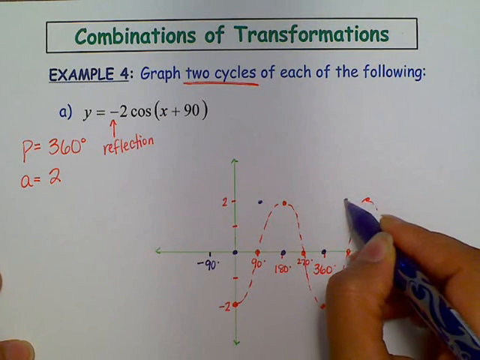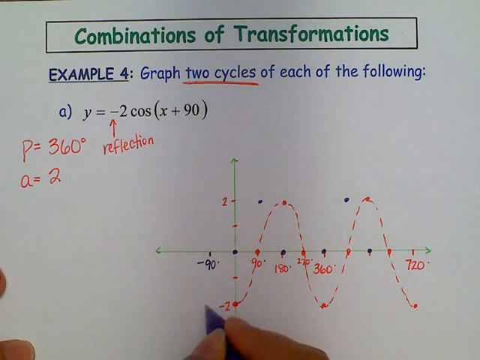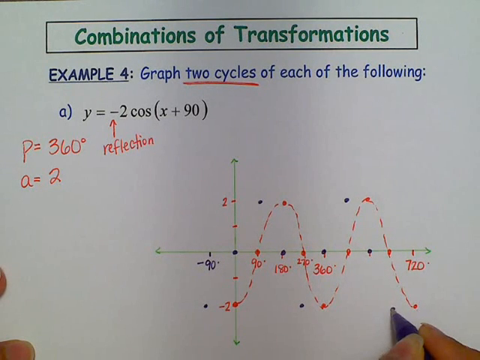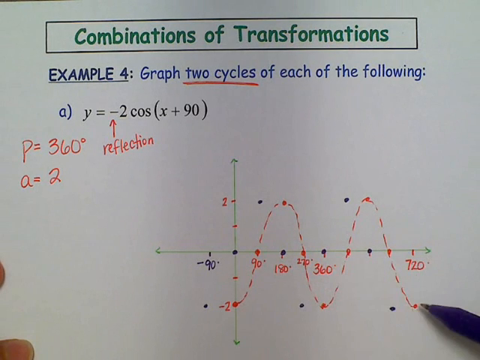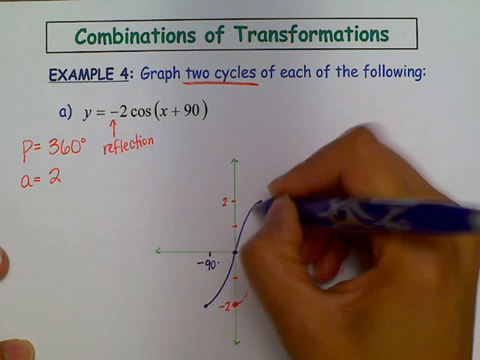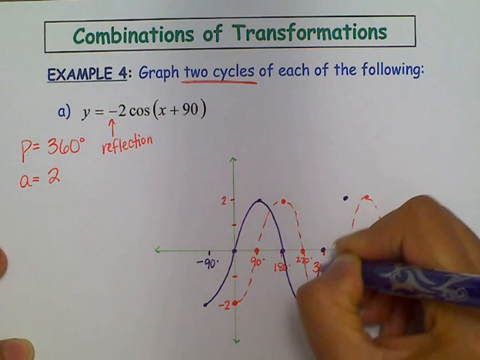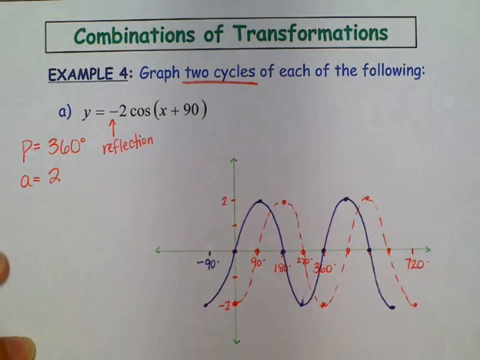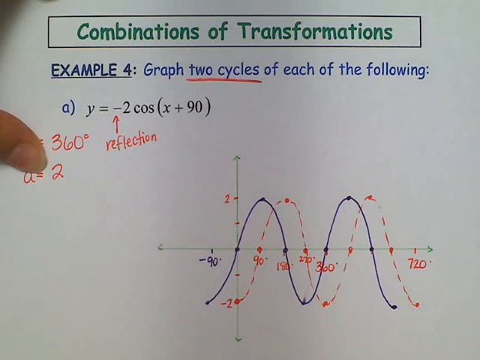I'm going to move my maximum, so I'm moving it to the left 90 degrees, moving it to the left 90 degrees, and then finally moving the minimums, so moving to the left 90 degrees, left 90 degrees, and then left 90 degrees again. And if you look at the purple points that I've drawn carefully, it should still follow the same pattern. So all you're doing is you're taking the graph and you're shifting it. So the orange graph that I've drawn has created the shape of the curve, and the purple graph that I'm drawing, the final one, just puts it in the right location. So shifting